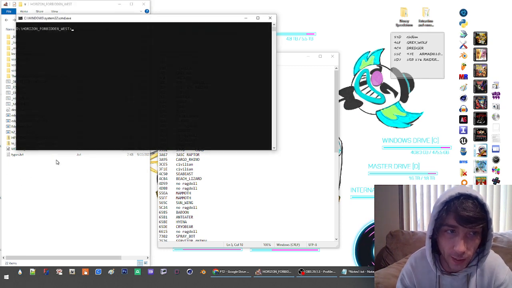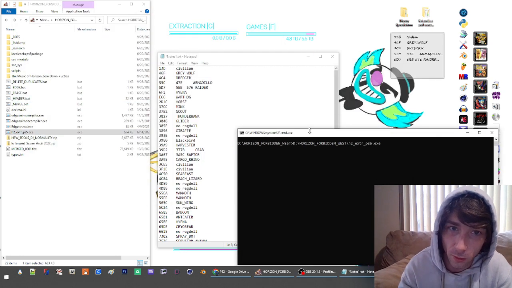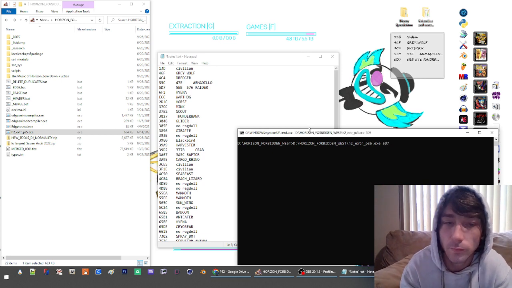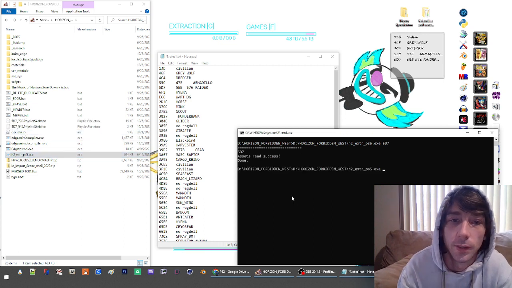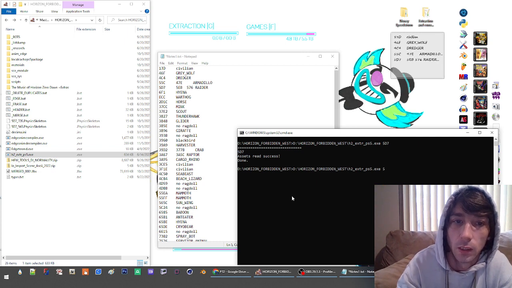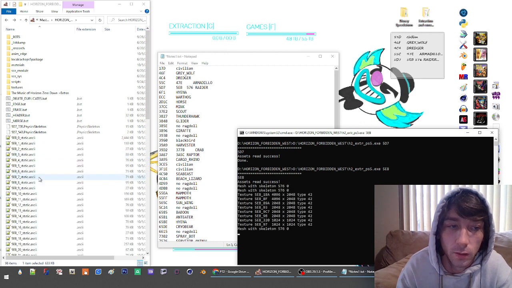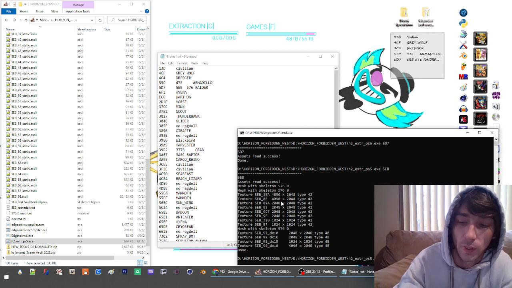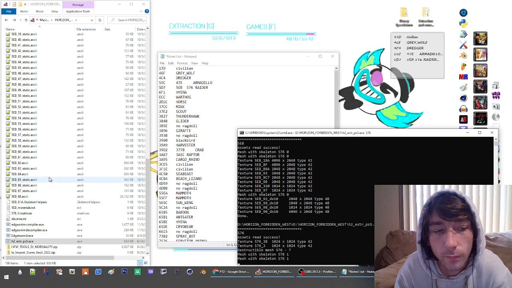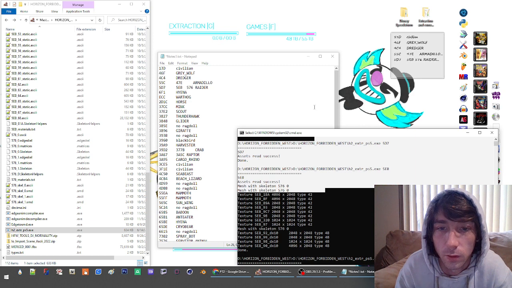Again, open the directory, the tool file, throw in the tool, and we're going to do 5D7, and then 5EB, and 576. Okay, once everything is dumped into the folder,